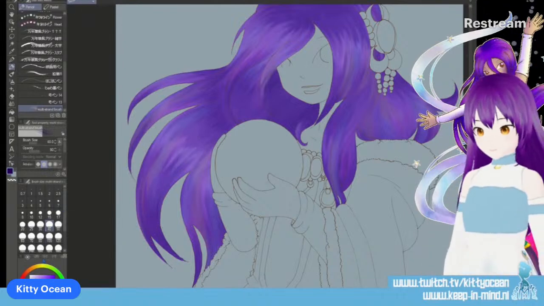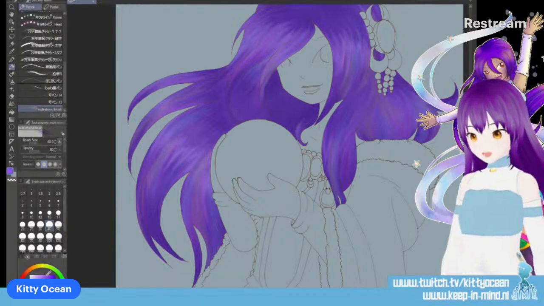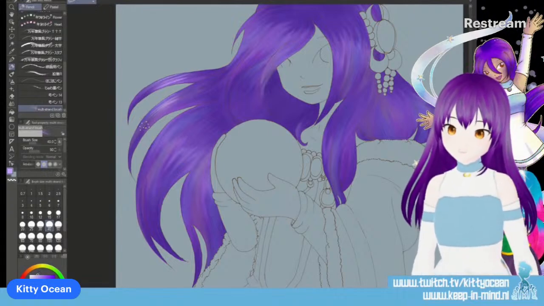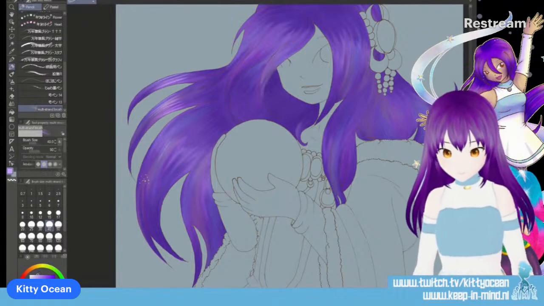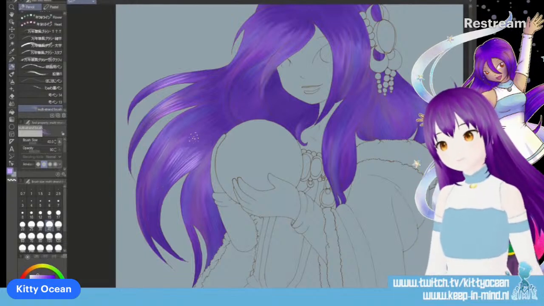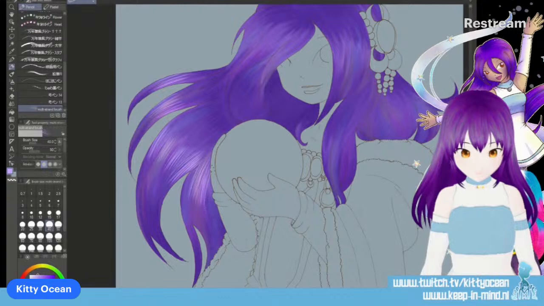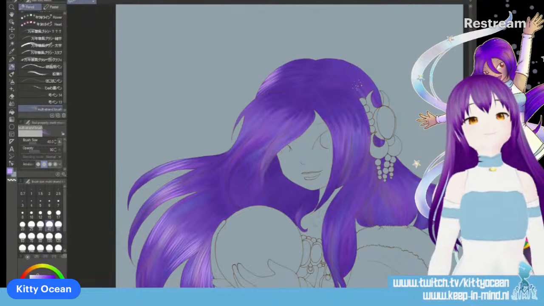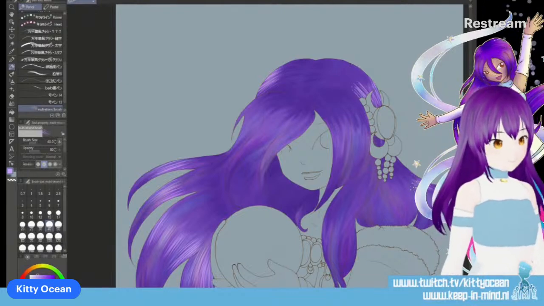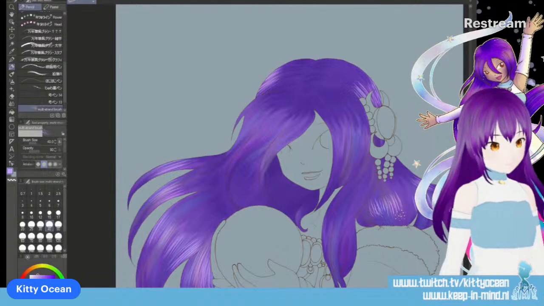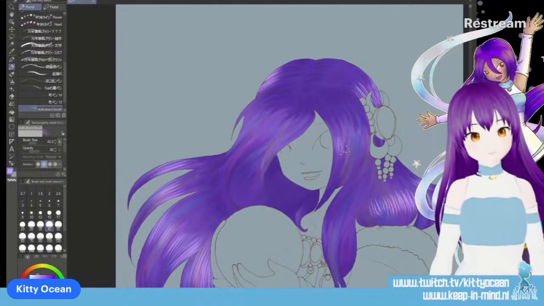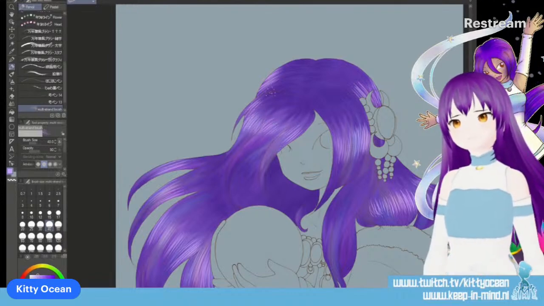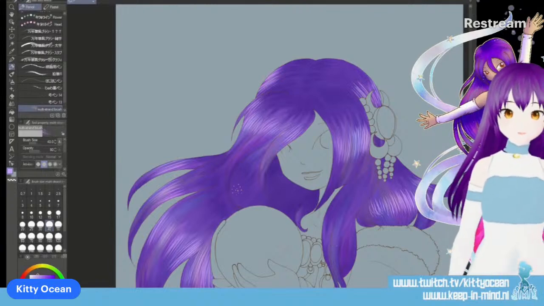Now, let's add some highlighters. And then the individual hair wisps will come later.